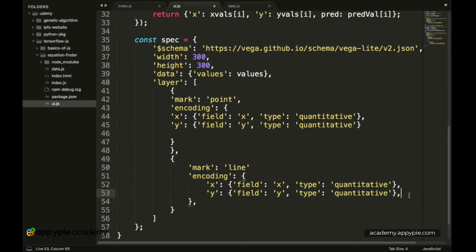And now we basically have to put in one more parameter over here, which is color, and this will basically indicate the color of the line which we want to plot.